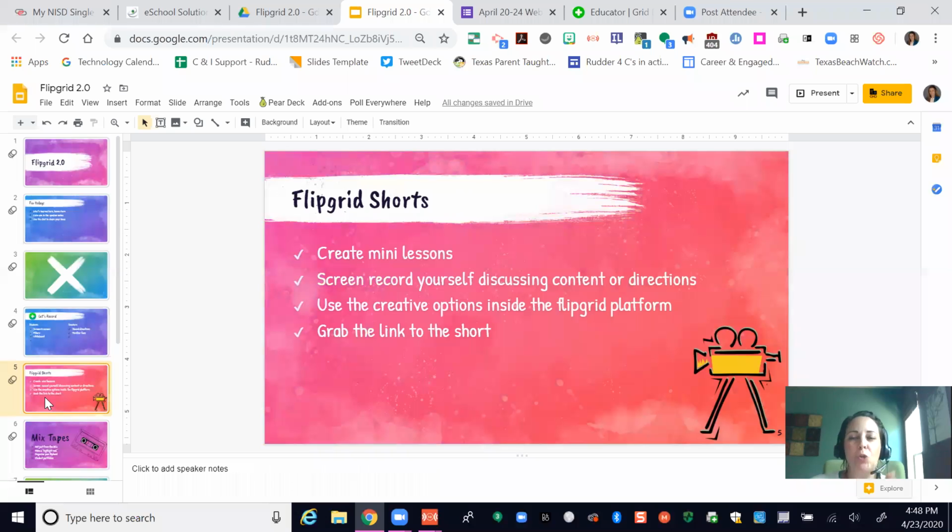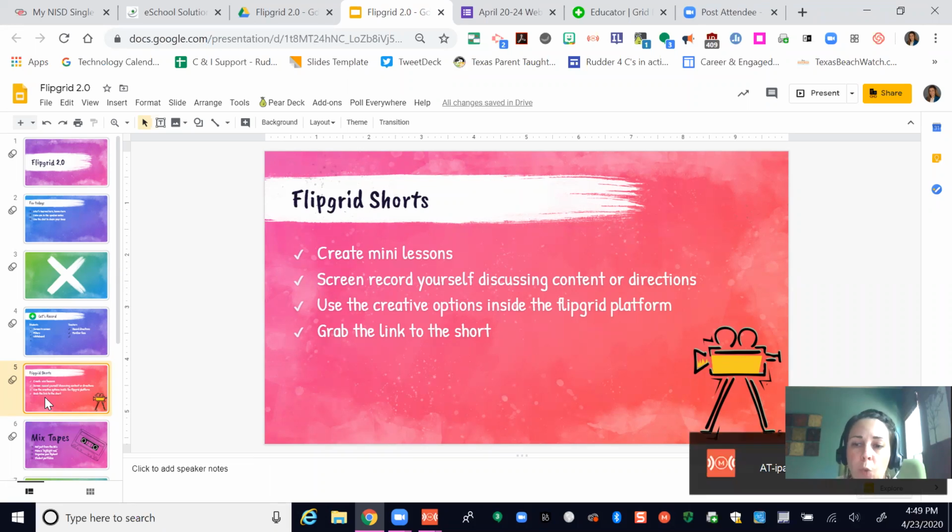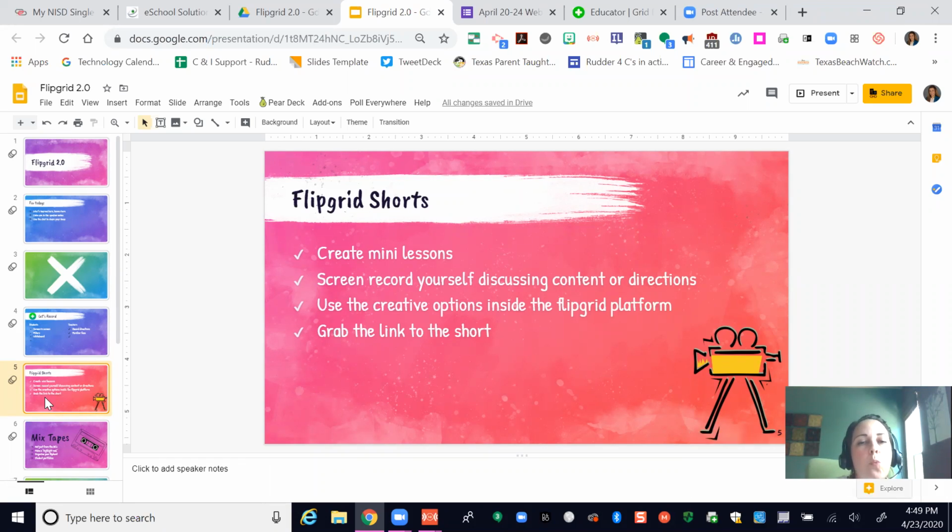All right, so the next little thing we're going to talk about is Flipgrid Shorts. Okay, in just a second, but not yet, I'm going to jump over to the Flipgrid view, kind of the main dashboard that I see as the teacher, and we're going to look at some of those additional features. Flipgrid Shorts is kind of a short little video, and what it is really is a